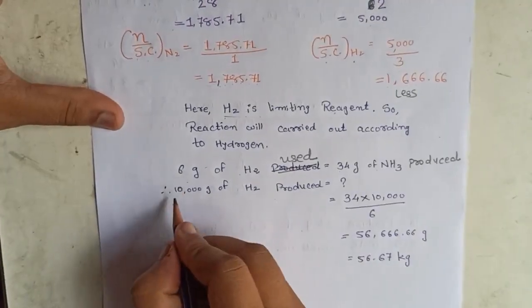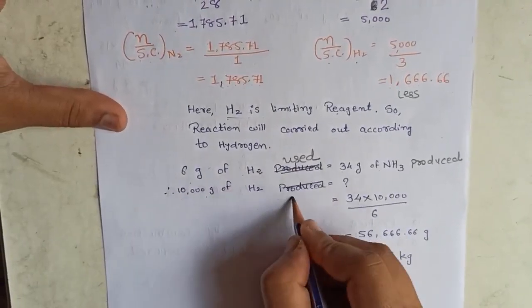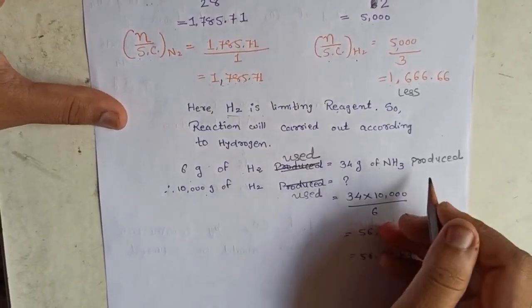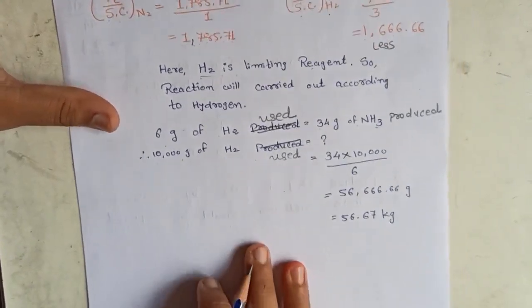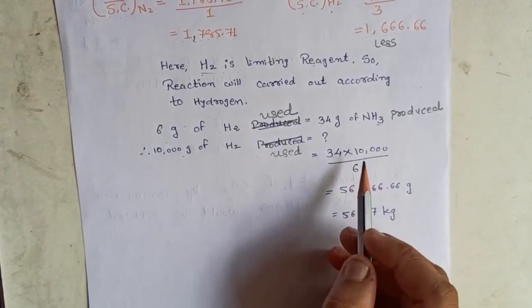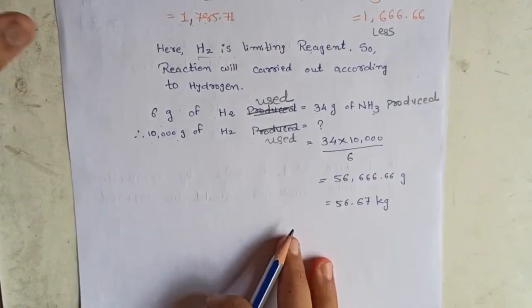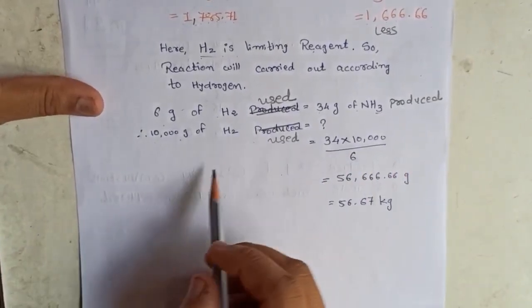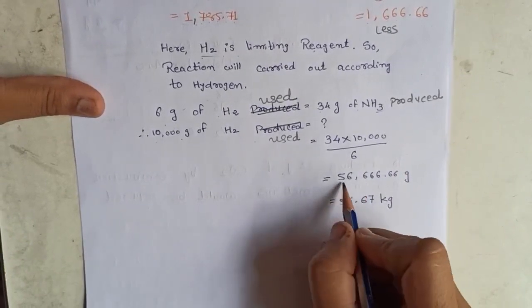Same, we are using 10,000 gram of hydrogen, right? Then how much ammonia will be produced? So, you have to cross multiply, and if you simplify that, you will get